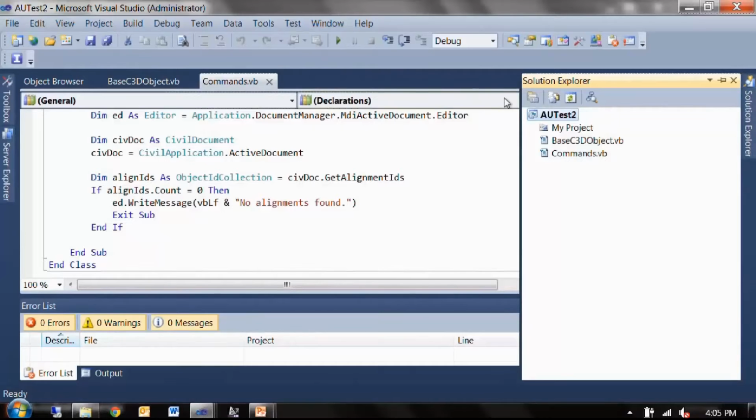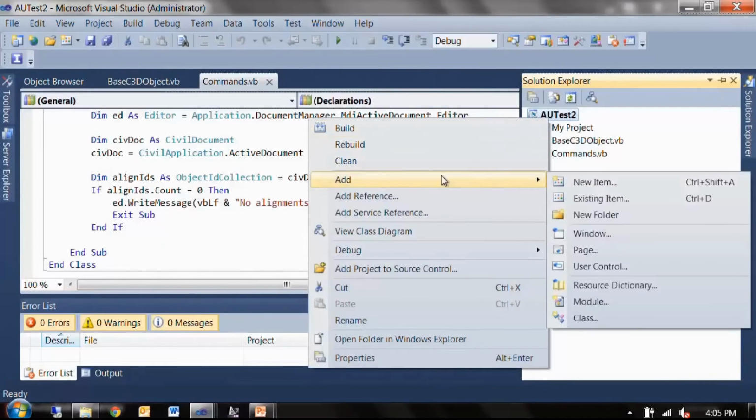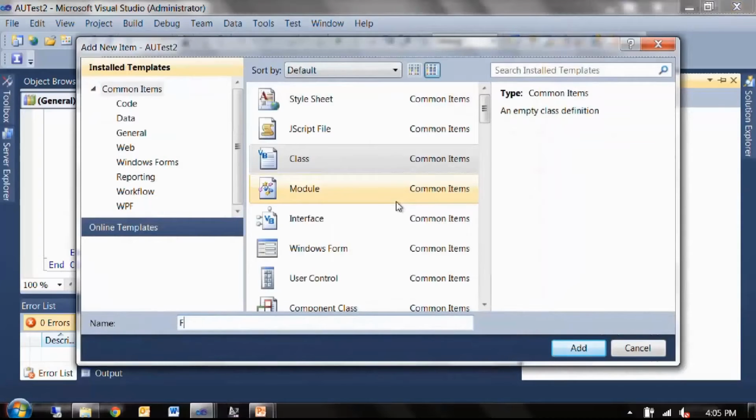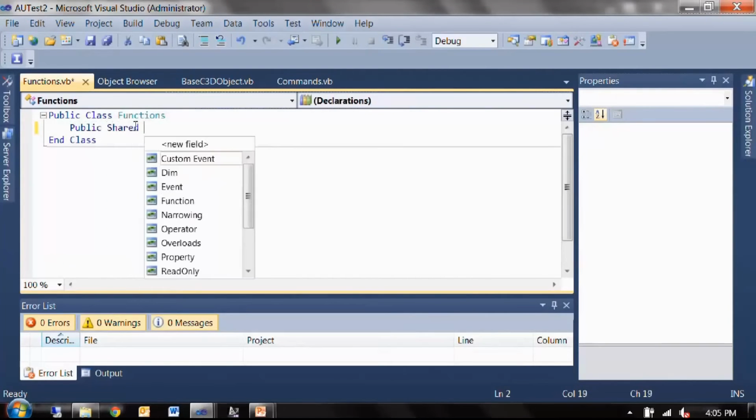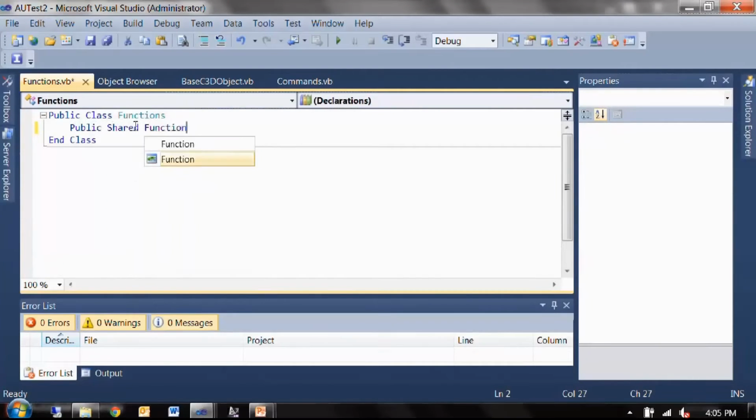All right, so I'm going to go ahead and create another class. Say add class, and we'll call this functions. This one's going to work kind of like a container as well for us. In fact, this is a special container because of the way I'm going to write these functions. Remember, a function does something but then returns something to us. So when I write the function get alignment objects,